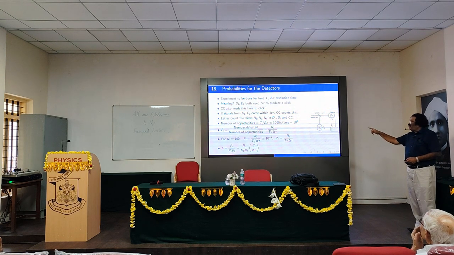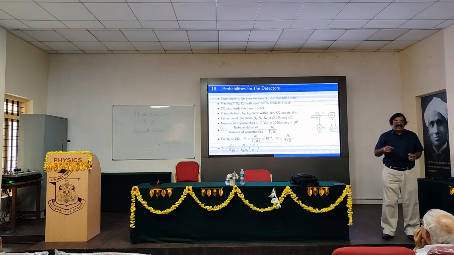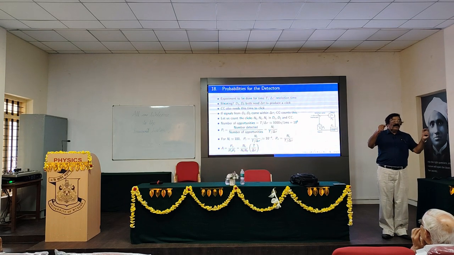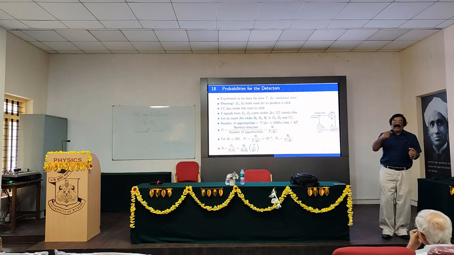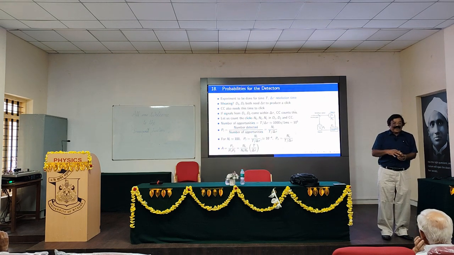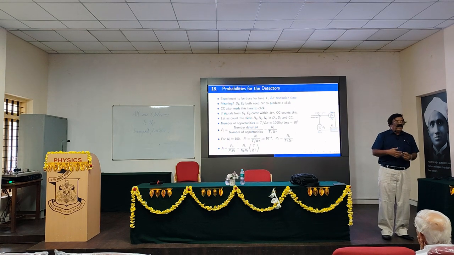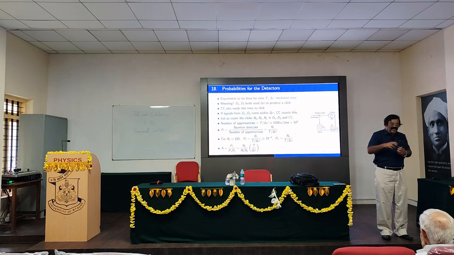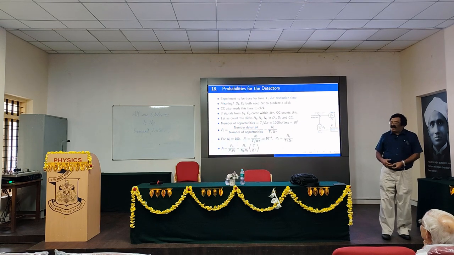So if signals from D1 and D2 come within delta tau, when does CC detect? I said CC will detect when both D1 and D2 click simultaneously. But suppose D1 clicks and D2 clicks shortly after, within delta tau, which means there is no exact coincidence, but for CC it is coincident. So if two signals come and their time difference is less than delta tau, CC will assume them to be simultaneous, because that is the resolution time for CC.